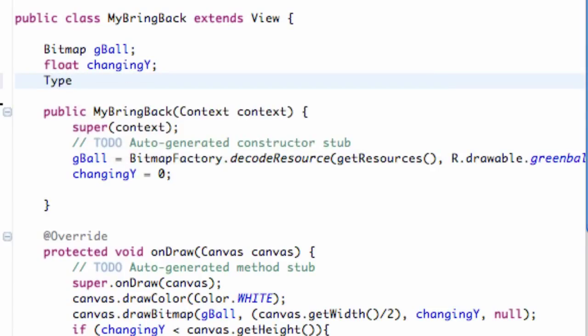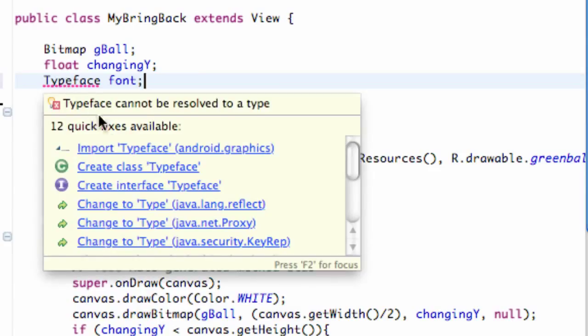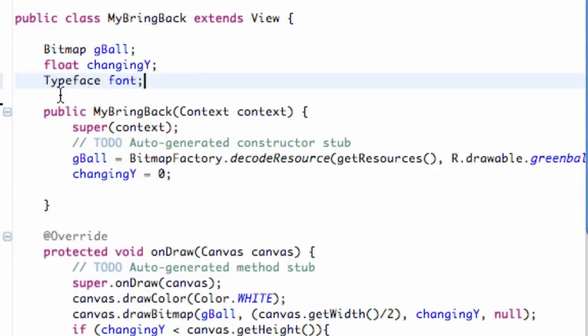Once you have that done, what we want to do is, that's basically going to be called a typeface. So we need to do a typeface variable, and we're going to call this variable font. And now we can set up, after we import our typeface, we can set up that reference to our assets folder within the constructor again. So we're going to say font is equal to